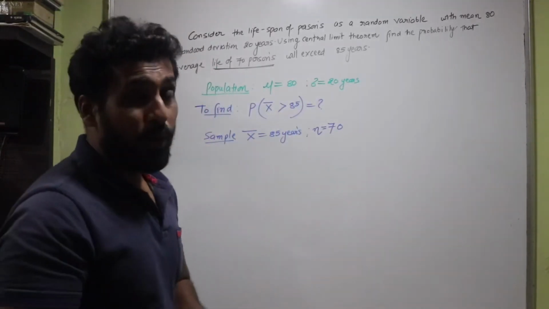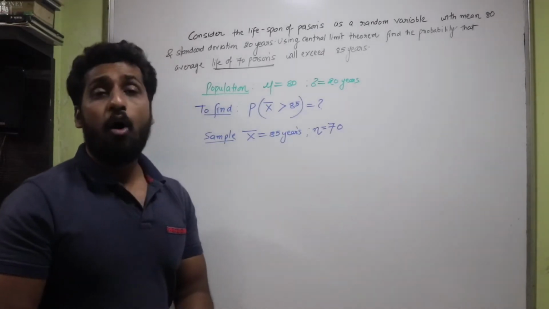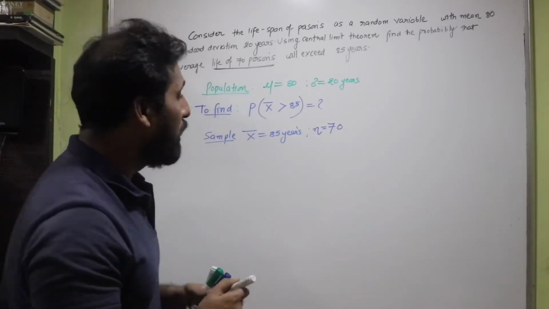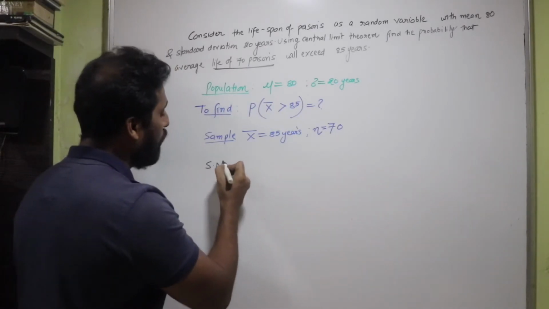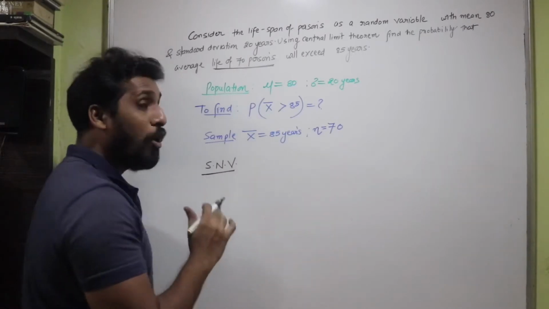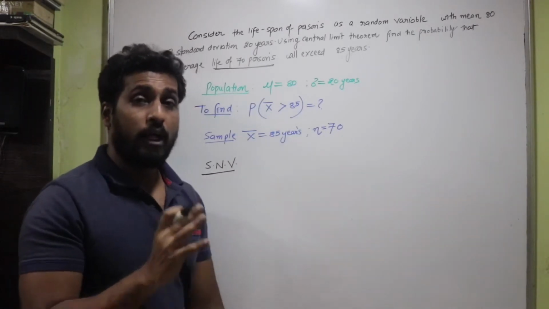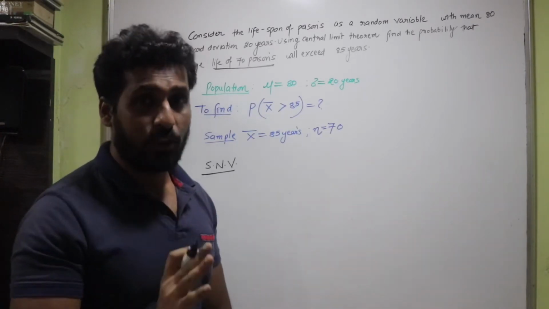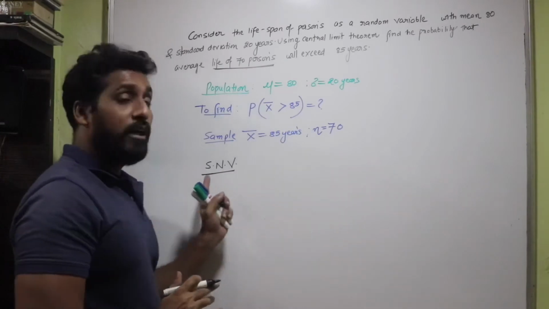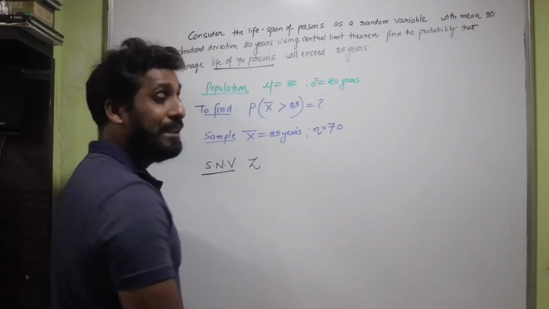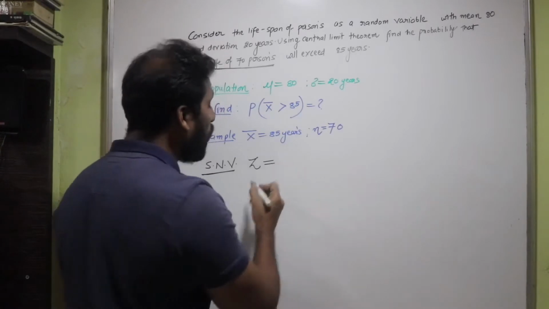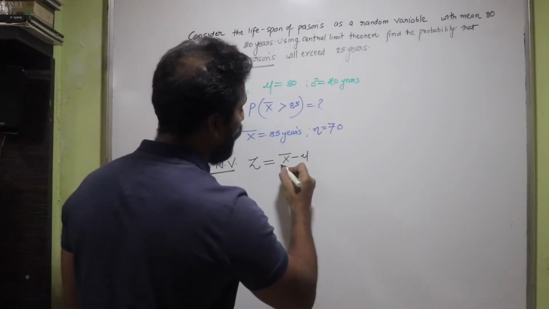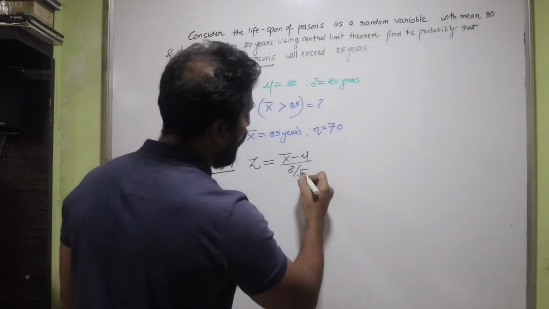Now students, I hope you remember the corollary of the central limit theorem, the Lindeberg-Levy theorem, isn't it? You should know the corollary. It tells us about a standard normal variate, SNV. All this terminology that I am telling you here is already discussed in our previous sessions. Make sure that you watch the previous lectures properly first. The standard normal variate is denoted by Z, isn't it? And according to the corollary of the Lindeberg-Levy theorem, Z is given by X bar minus mu upon sigma upon root of n.